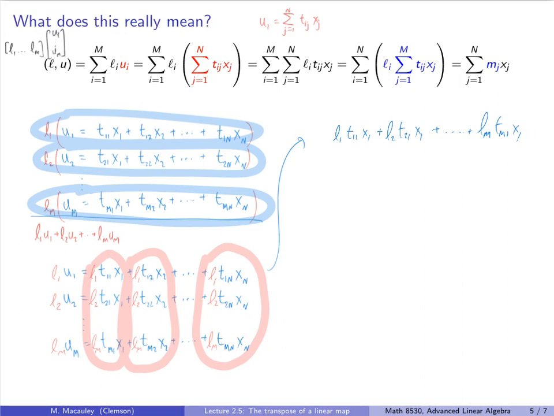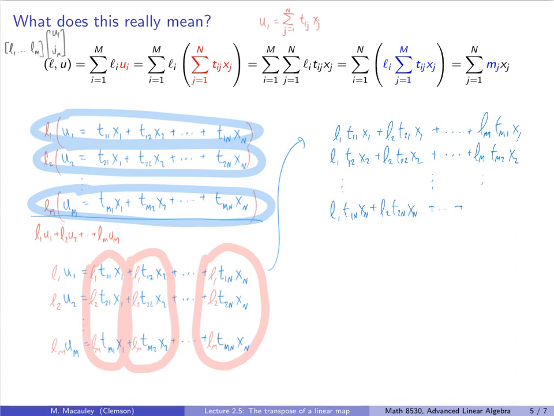And then the next column becomes the next row, which is L1 T12 X2 plus L2 T22 X2 plus LM TM2 X2 all the way up to the last one, which is L1 T1N XN plus L2 T2N XN